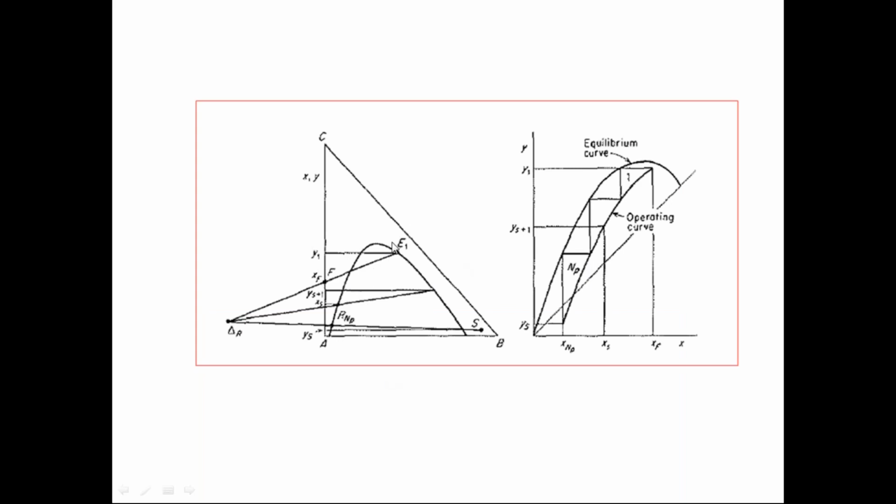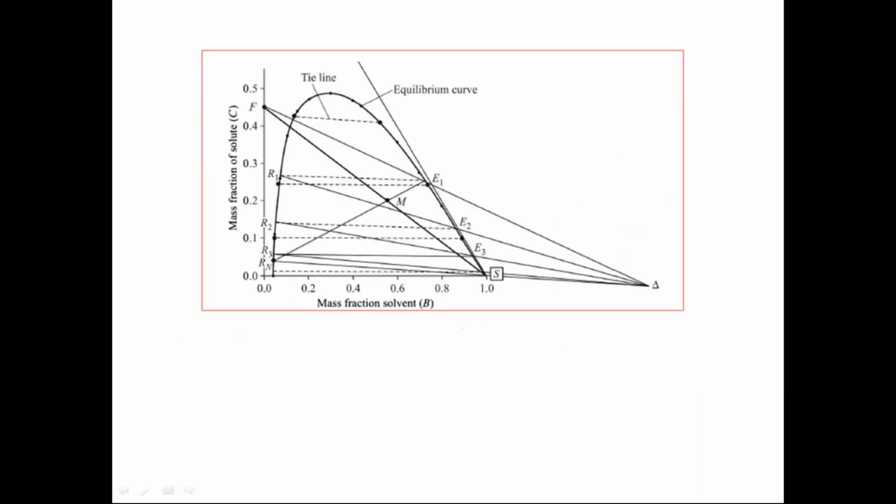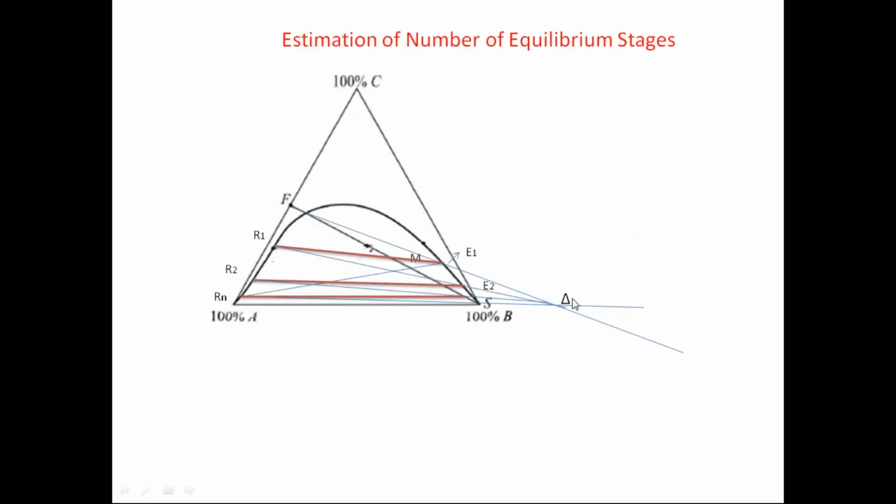To estimate the tie lines, you can use this curve. You have an XY curve now, so you know how you have estimated it there in the HXY diagram. In a similar way, you can find out this one. So this is one method by which you can find out, because this delta is coming on this side. If you draw the right triangle, here it is coming on the other side.